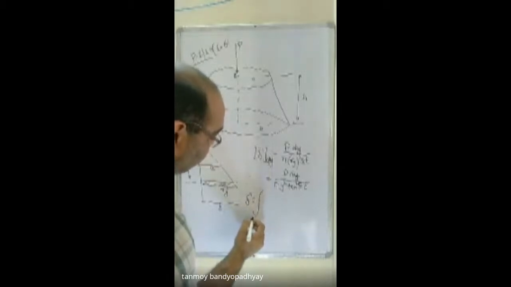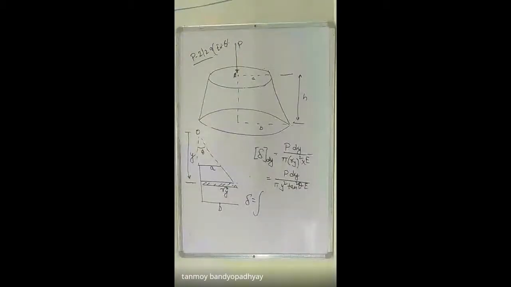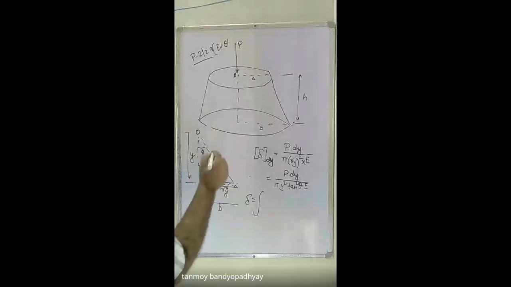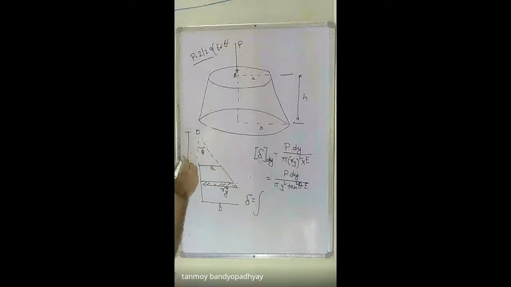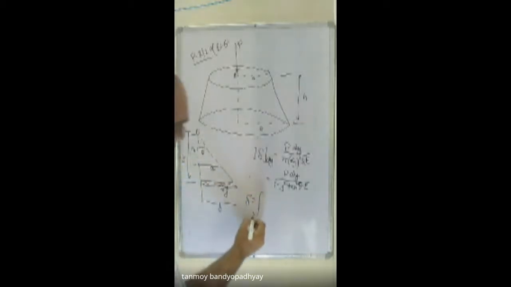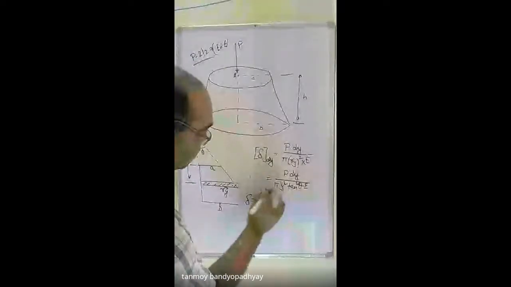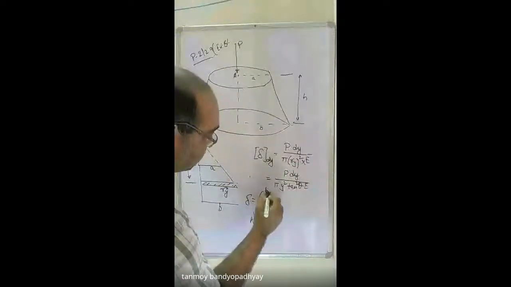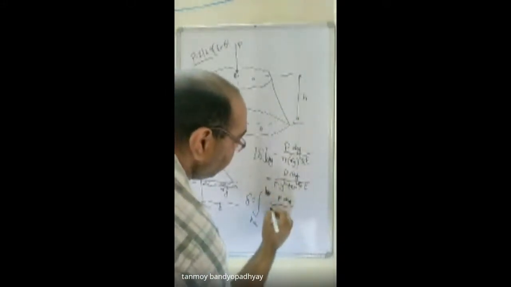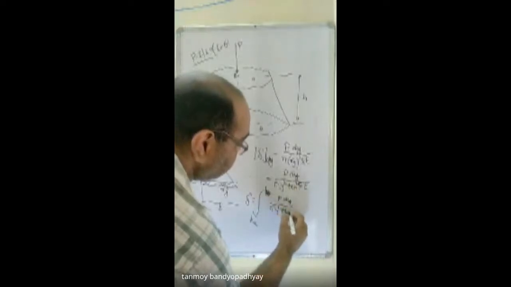So this one is A to B. So y is varying from which? Y is varying not from A to B, it is varying from 0 to H, that is HA to HB. So you also have to calculate HA and HB. If this is Y, I am calling this distance HA and this distance HB. So it will be the integration from HA to HB of P into dy divided by pi y square tan square theta into E.